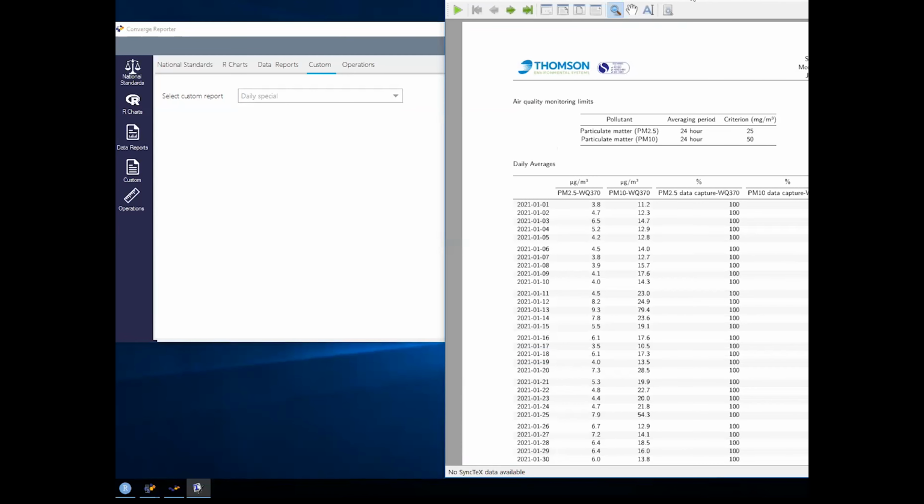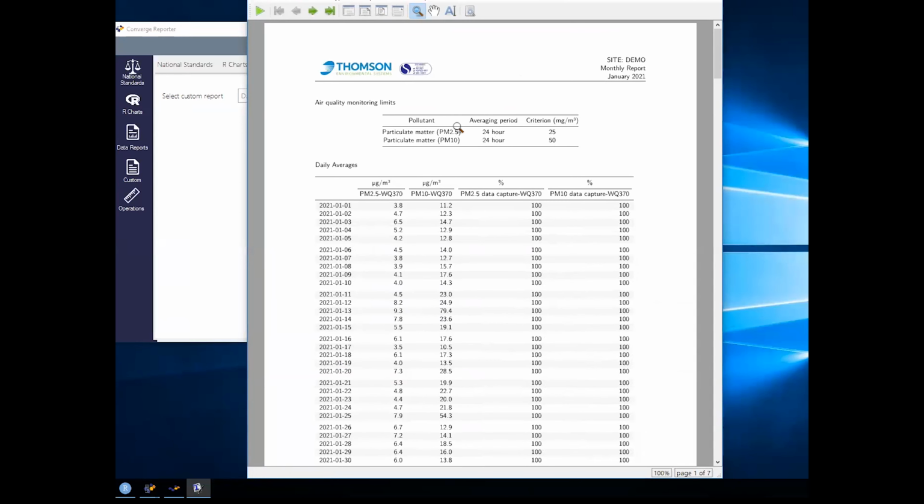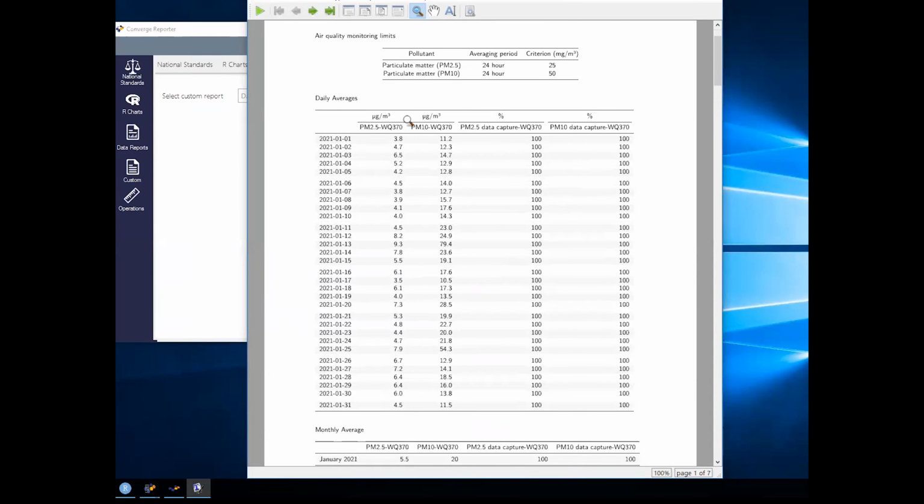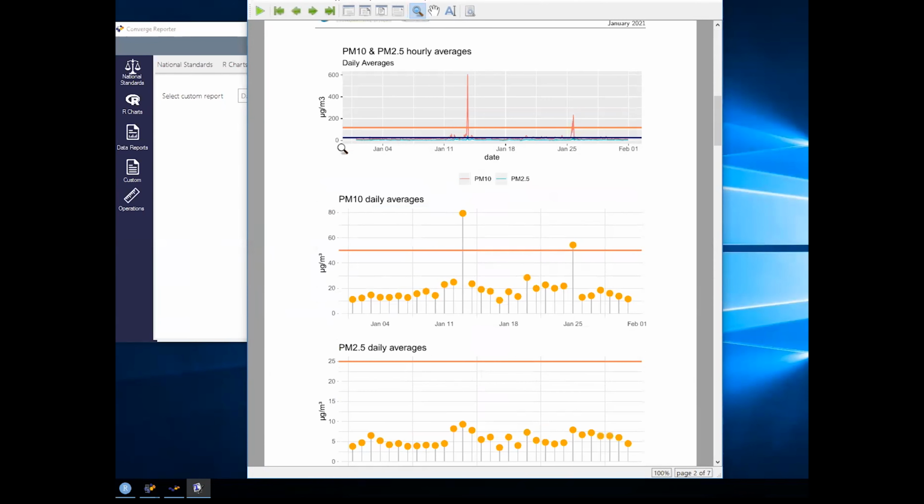For example, in this we analyze for these two places, the PM10 and the PM2.5, the data capture for each one. We can add to the same report that can be generated with the tool or automatically with Trelia. We can even send this report by email to the different managers of the network to receive these reports daily